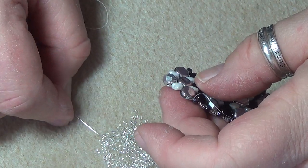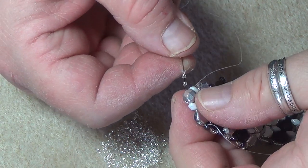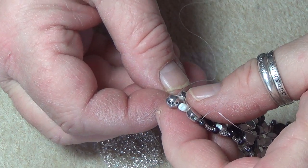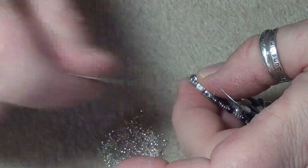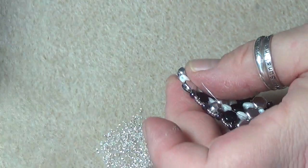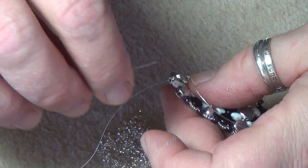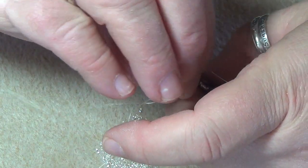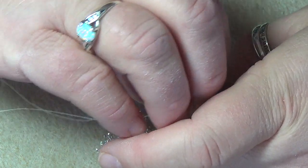Then you're going to pick up 3 15s, and then you're going to go into the outer hole of the round trio. So I'm coming out of this hole now, like this, and pull it tight, and then pick up 3 15s, and then go back into the Miniduo and back into the same holes of the round trio bead, going into the middle hole,